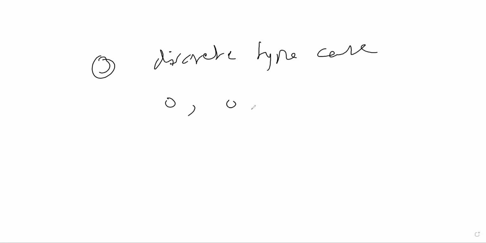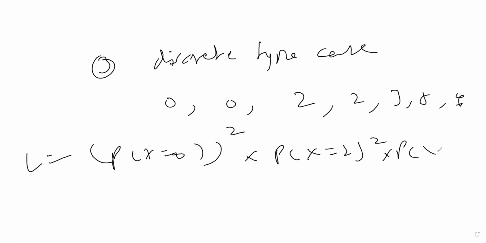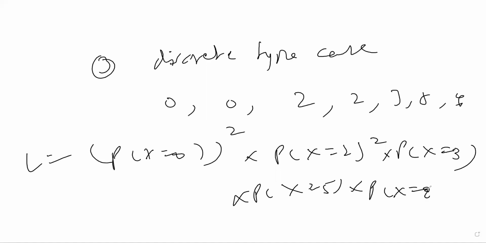Like there are observations 0, 0, 2, 2, 3, 5, 8. So L will be equal to P(X=0) squared, into P(X=2) squared, into P(X=3) into P(X=5) into P(X=8). So this will be the likelihood for this. And then del log L upon del theta. And the fourth one is restricted MLE,